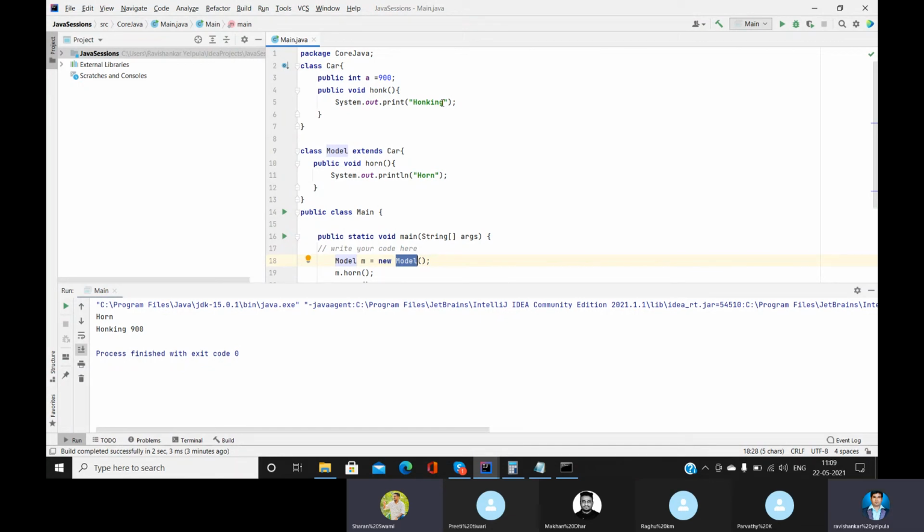We are going to create multiple methods with the same name, but we are going to perform different actions based on the parameters. That is method overloading. Then what is method overriding, guys? Method overriding is also a similar concept because it is also polymorphism.